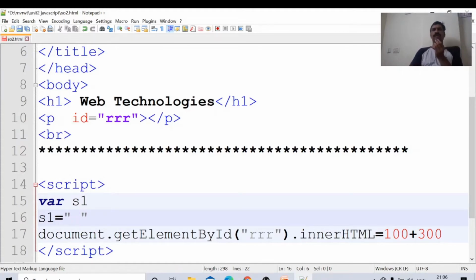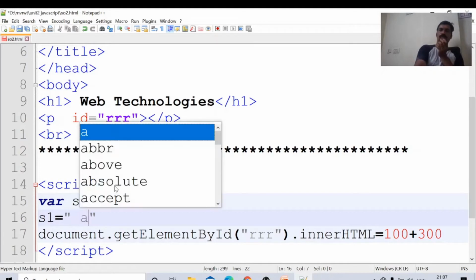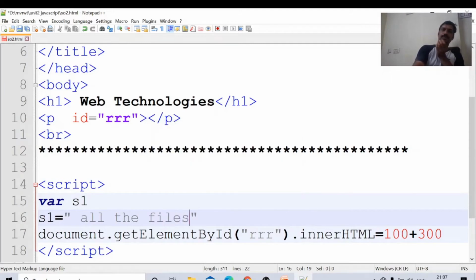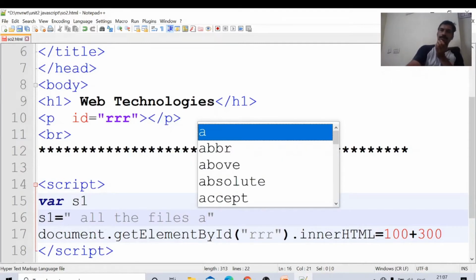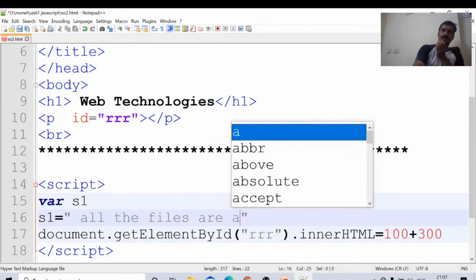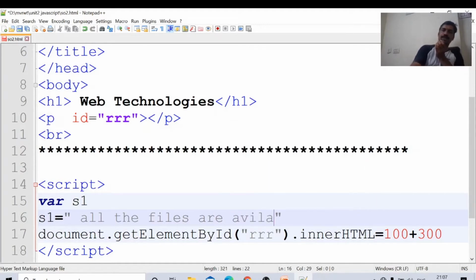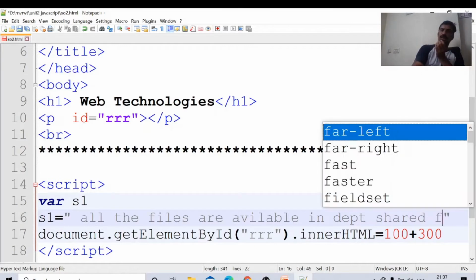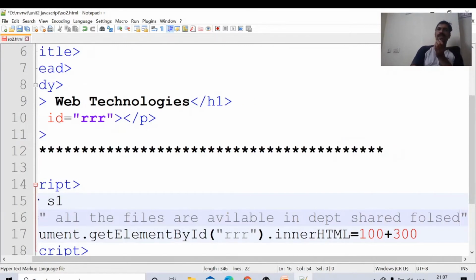I will write the matter here: All the files are available in department shared folder. S1 is a string. I have written like this. Here I will write innerHTML equal to S1.